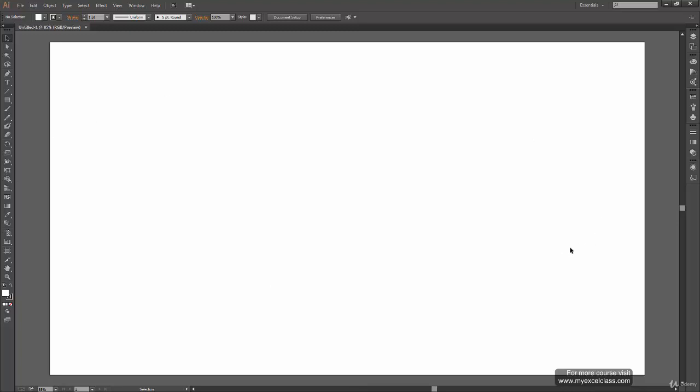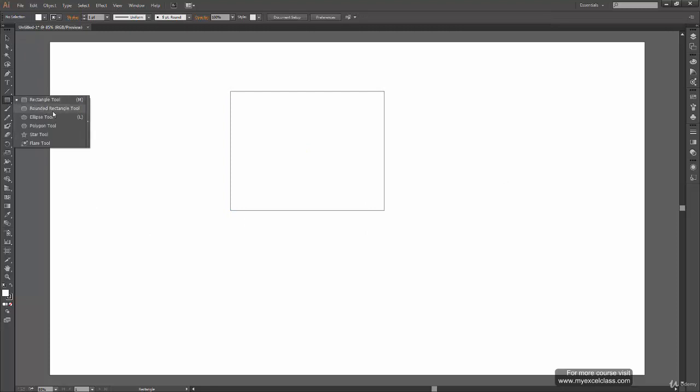Now to start with, let's see the implementation of the spacebar key while drawing shapes. In the previous video we covered how to draw all the shapes, and today we are going to see one more option key that is common to all the shape tools, which is the spacebar. The implementation is really simple. While drawing the shape, if you press the spacebar in between, you can actually move your shape around. And when you release your space key, you can again make changes to your shape and then release your mouse to have your shape back.